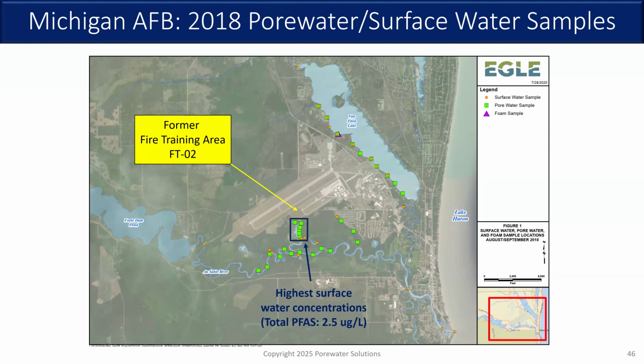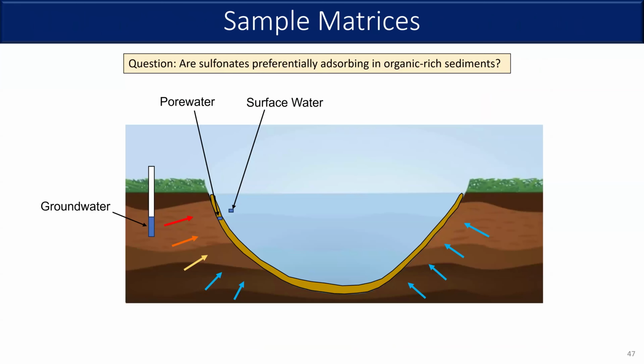The blue box at this site, this is a Michigan Air Force base. They took some pore water samples, which are shown in the green symbols, surface water samples shown in the orange symbols, and I focused on that area shown with the blue outline. And there's also a groundwater well, which I'll show you close by. This area is down gradient of a former fire training area. So I wanted to try and better understand some of the dynamics between the different matrices and how signatures might